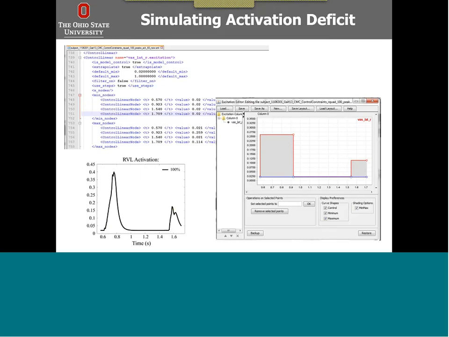We then use these values to apply constraints to the muscle excitation in the control constraints XML file, which is one of the settings files that's used by CMC, which specifies the limits on the model actuators. It can also be edited in a text editor, such as